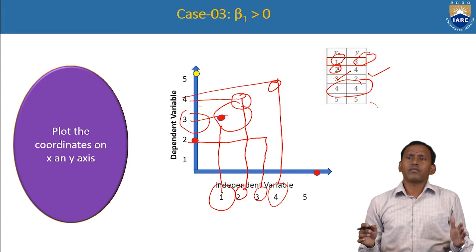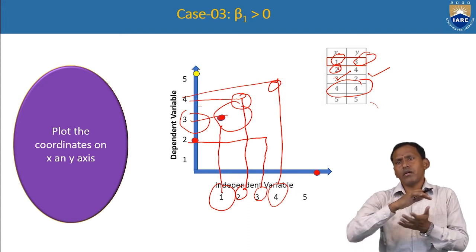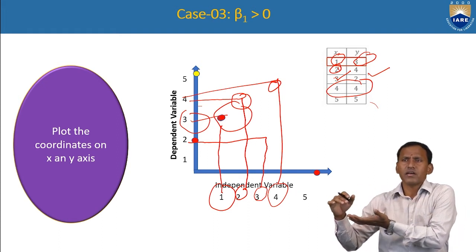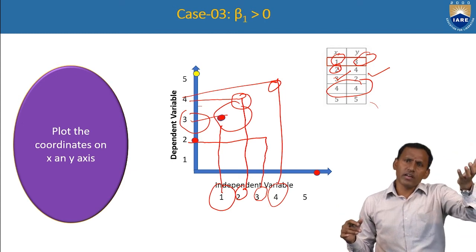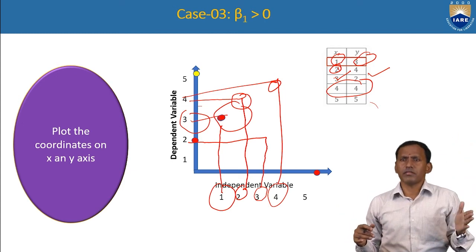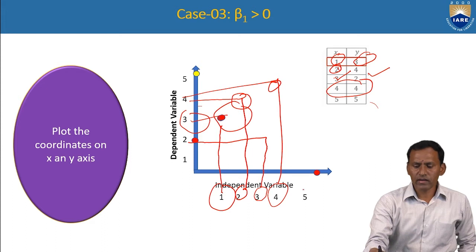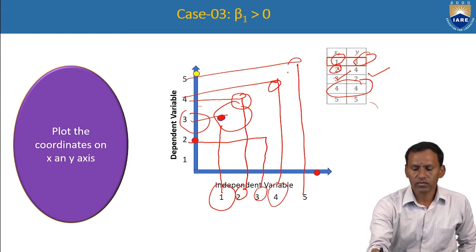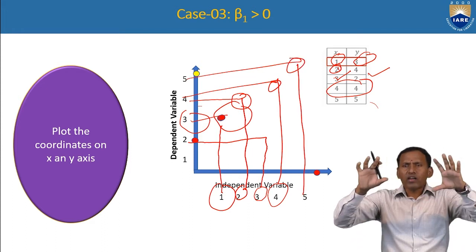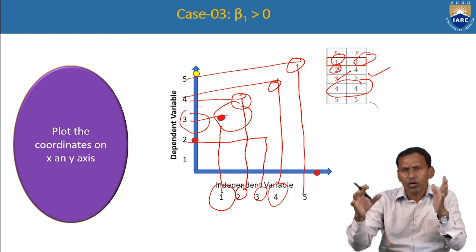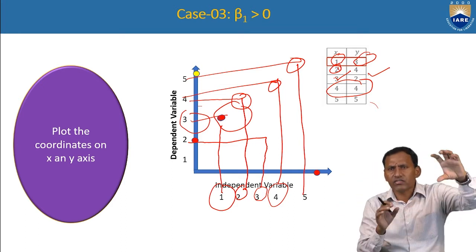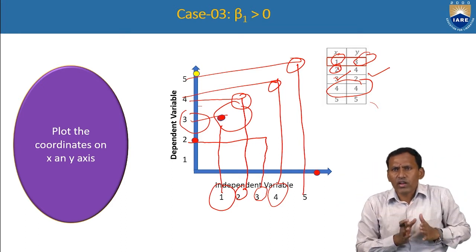The last one, the value on the x-axis is 5 and the value on the dependent variable, the y-axis, is also 5. Right, if you combine them like this, we get this. Now after plotting all the data points on both the y-axis and the x-axis, once you try to plot